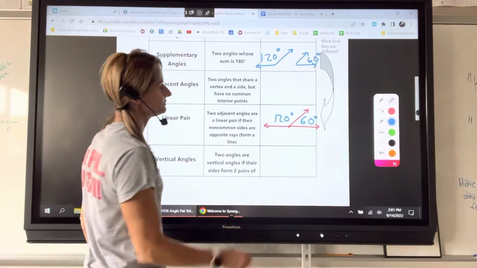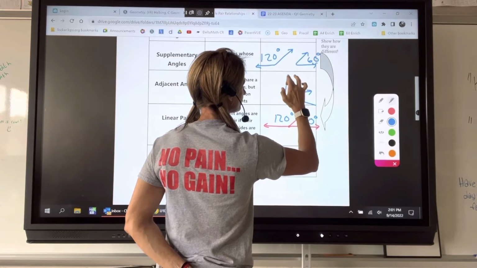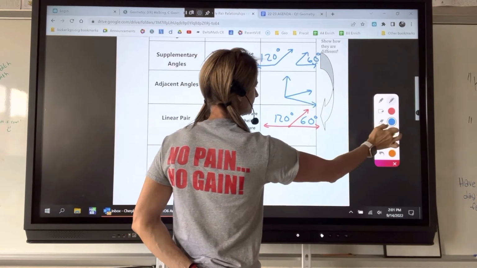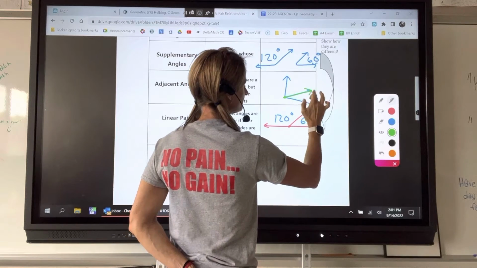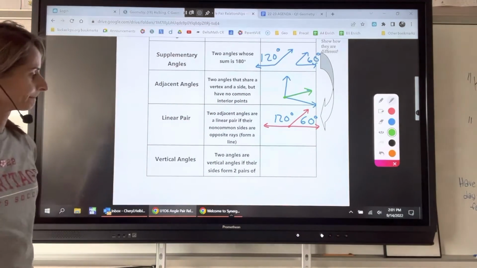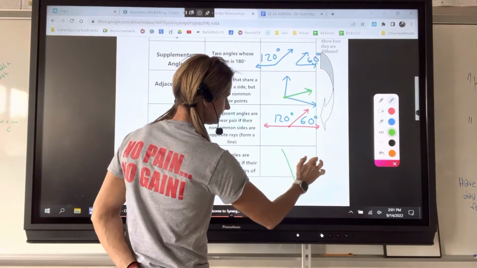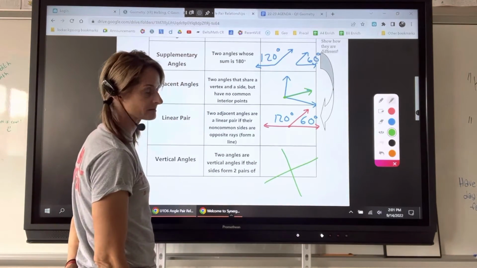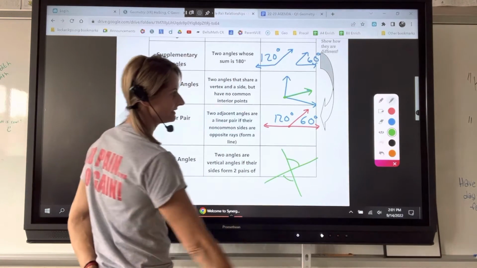Adjacent angles. So two angles that are right next to each other. They share a side and a vertex. Here's your vertex, and here's the side they share. And vertical angles are created by intersecting lines. So here's a pair of vertical angles. And then the other pair,